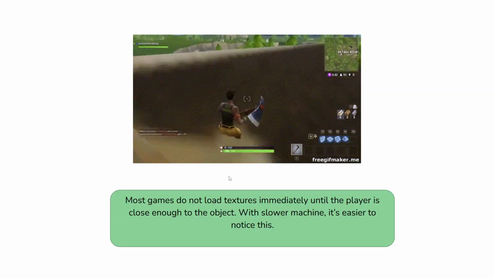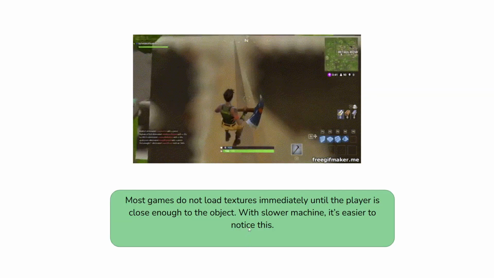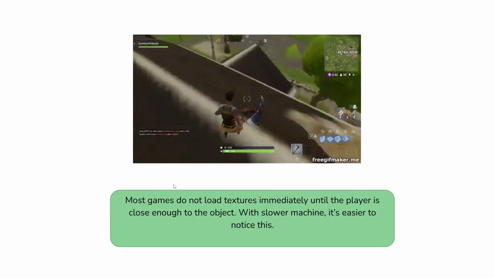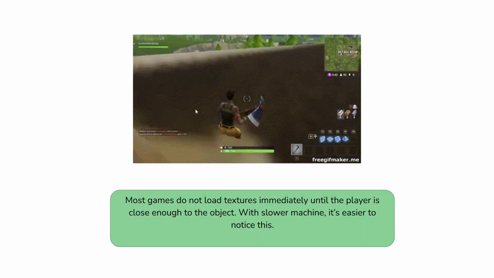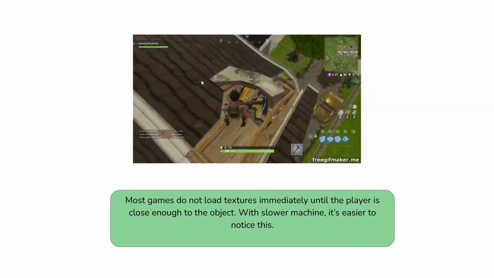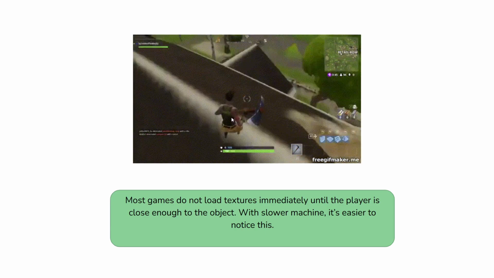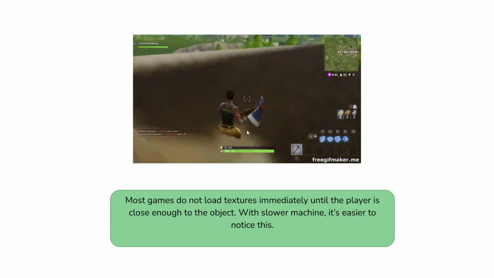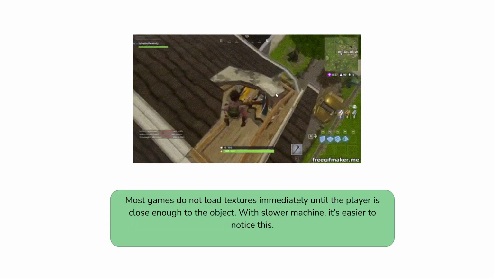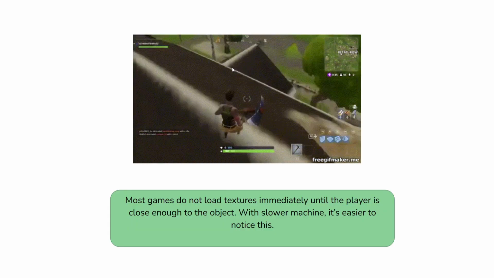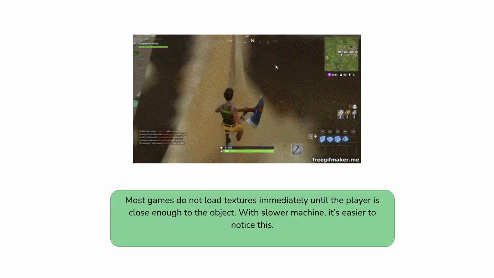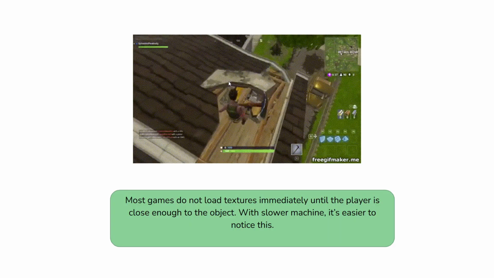So most games don't load textures immediately until the player is close enough to the object. With slower machines, it's easier to notice this. What happens here is we sometimes have our artists create different textures. You have high detail textures when the player is near, and we have really low detail textures when the player is far, so that when they see the map or the item from afar, it kind of looks like the item, but it